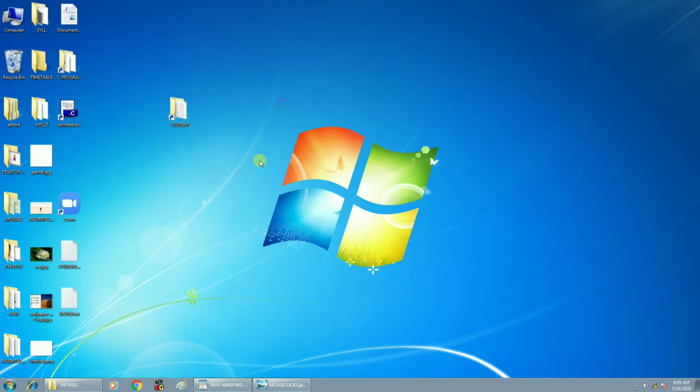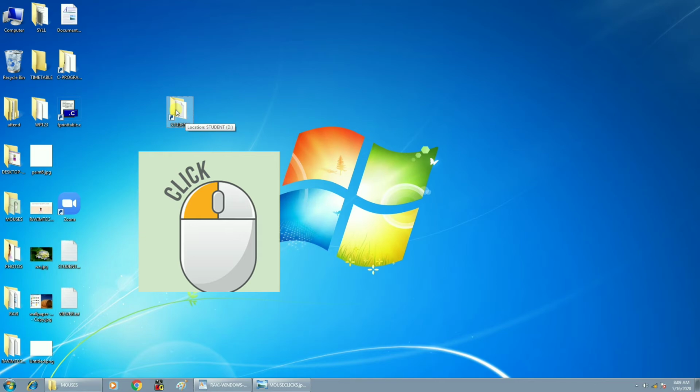So now what I want to do is, observe the mouse pointer. Now I want to select the folder. I did not use the left click till now. Whenever I am using the left click, first of all I need to confirm whether the mouse pointer was placed over the folder or not. Okay, now it is placed over the folder. Now you have to use the left mouse click.